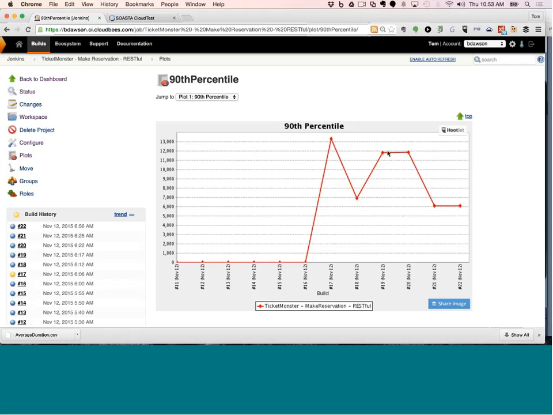So that was a quick look at the demonstration of how to integrate CloudBees, Jenkins, and SOASTA's TouchTest and CloudTest tools for doing your performance testing automatically with every build, and as part of your CI and CD process. I'm going to go ahead and stop sharing my screen, and we can go back to slides and finish out the deck. So let me bring up the participants and hand this back to Brian.